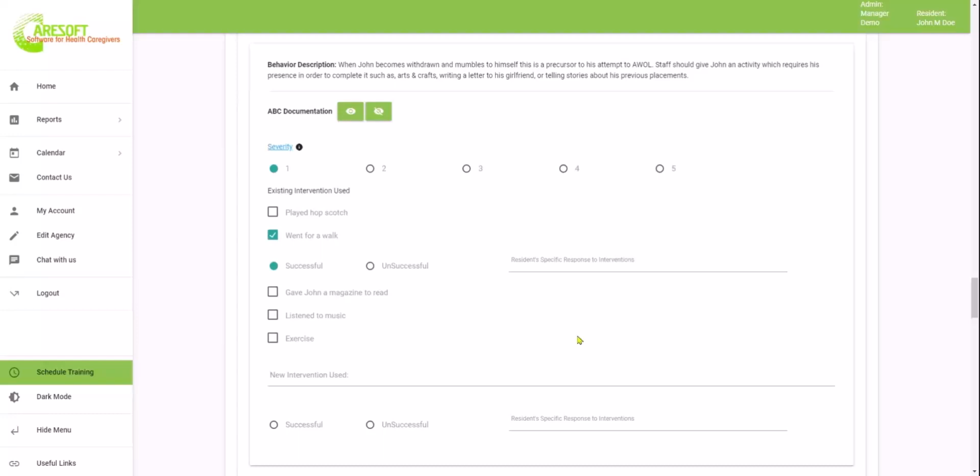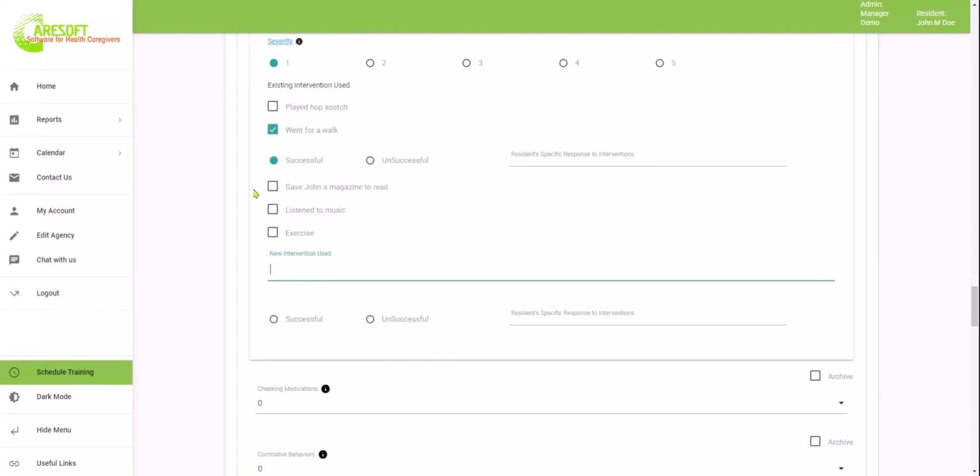The really cool thing about this is that if you have new staff, they've come in, they can see what interventions other staff have entered, and they can also track if it's successful or unsuccessful. And of course, in the report section, you'll be able to report on this, see what your staff thinks is working or not working. We're not prescribing anything, but it's valuable information. And you can also enter a new intervention and track if it's successful or unsuccessful. And guess what? The next time you come into this form, that new intervention will show up here as an